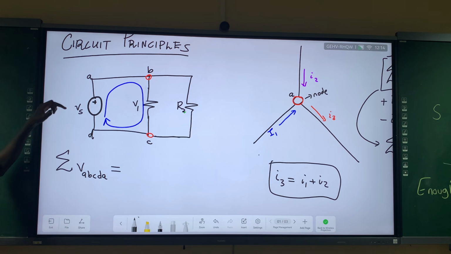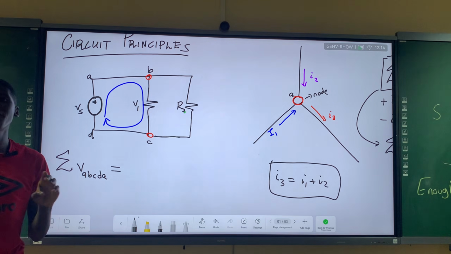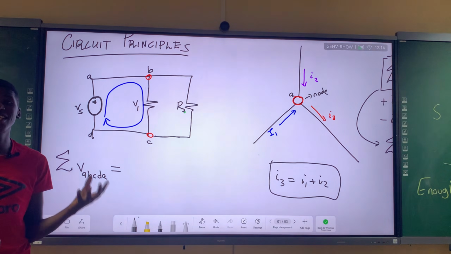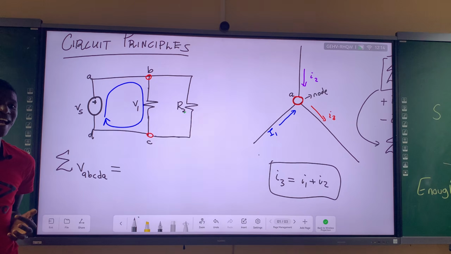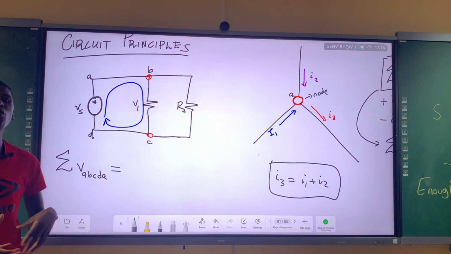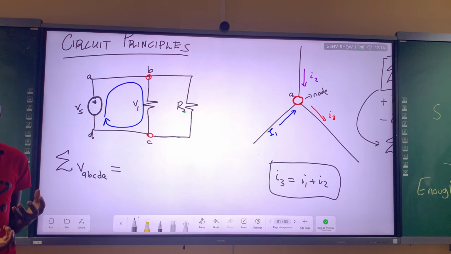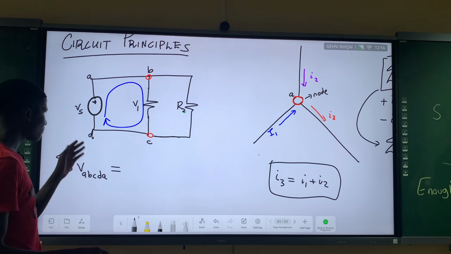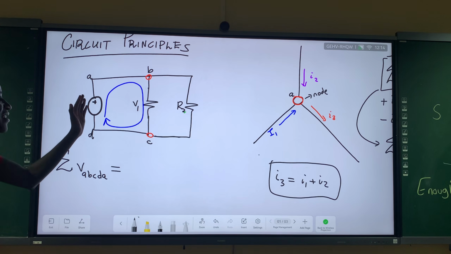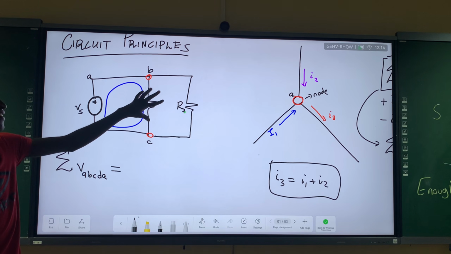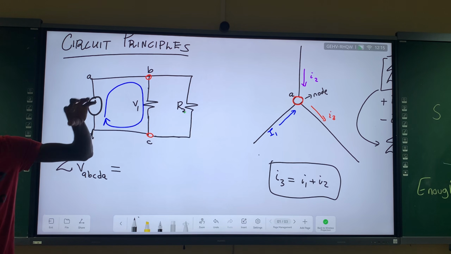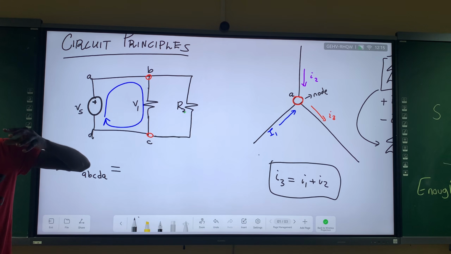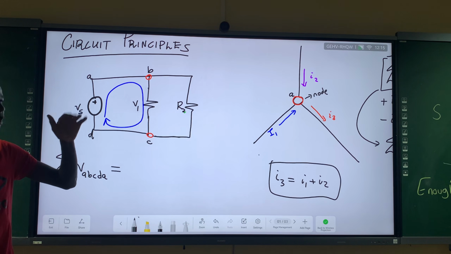Okay? So here we have a voltage source. So for a voltage, we need to know the voltage sources have a voltage gain, because voltage sources give out voltage. So you want a positive voltage. So positive voltage, it means it's a what? It's a source usually. Okay, but basically, yeah, let's just say positive, it means it's a what? It's a source. Then the resistors have voltage losses.